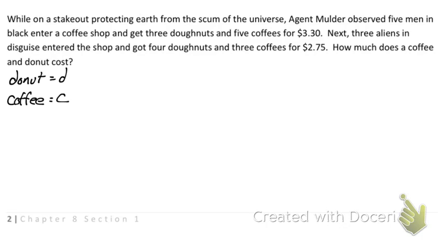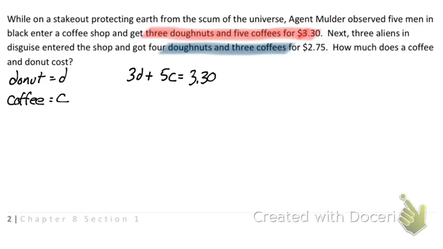So the very first equation says that 3 donuts plus 5 coffees is $3.30. So we're going to write it down: 3 D's plus 5 C's equals $3.30. Then right below it, it says that 4 donuts and 3 coffees cost $2.75. Obviously, the coffees are more expensive than the donuts. Oh, we'll see. So 4 D plus 3 C equals